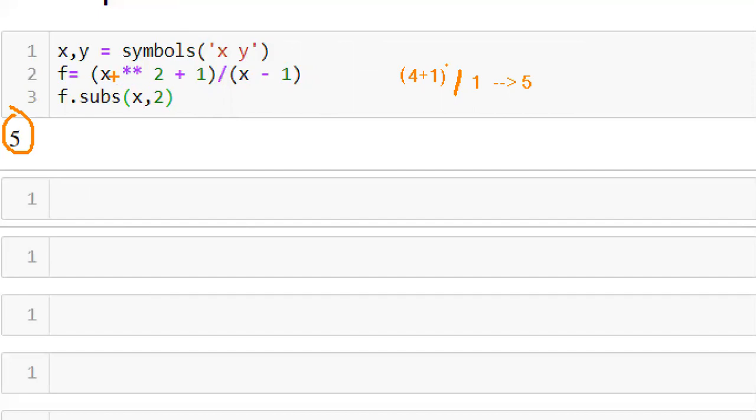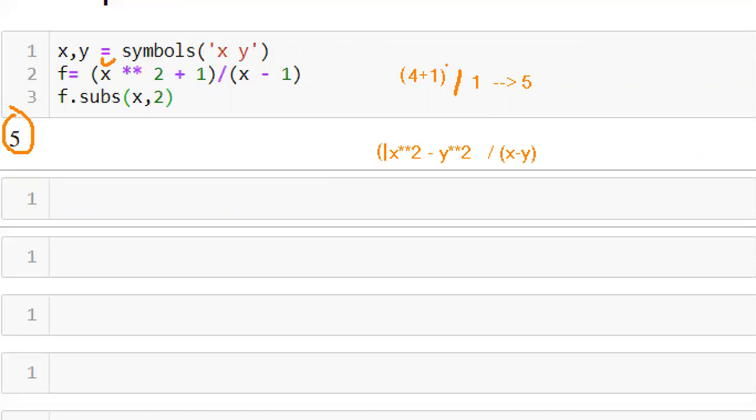Here, if you observe, in my function I'm using a single variable. Now my requirement is to use two variables. Let me take my requirement like x square minus y square in the numerator, and in the denominator I want to write x minus y.